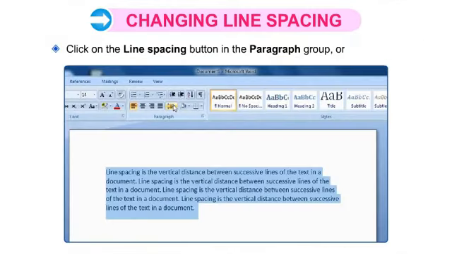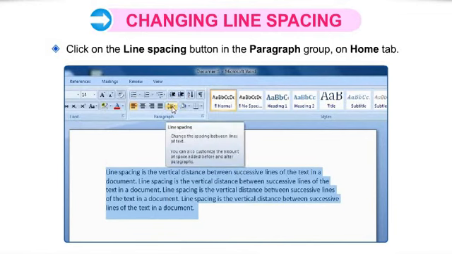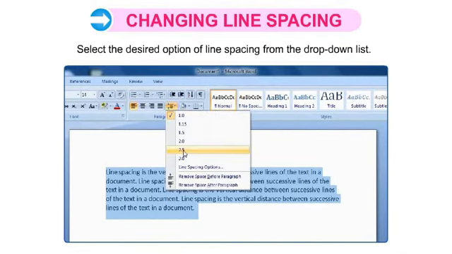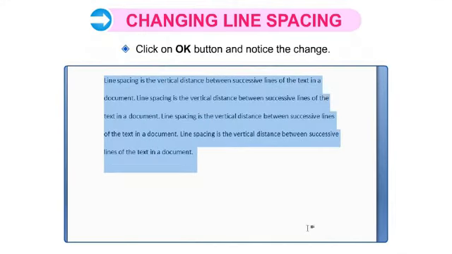Select the text, paragraph, then from the paragraph group select line spacing. Select the desired option of line spacing from the drop-down list and you can see the difference.